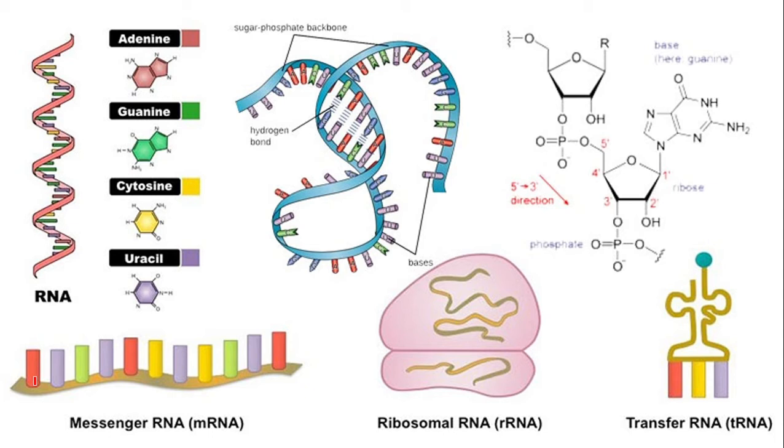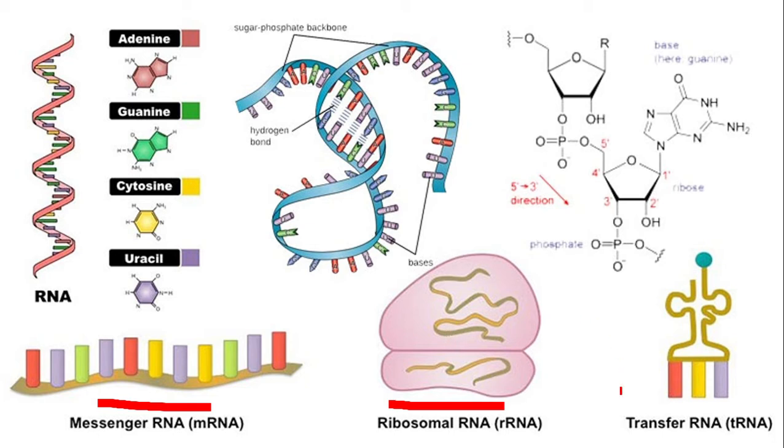RNA molecules are of three types. Messenger RNA, which is carrying the genetic code actually. Ribosomal RNA, which along with the proteins forms the ribosomes. What you see here is the ribosome. This is the smaller subunit of the ribosome. This is the large subunit of the ribosome. Each subunit consists of ribosomal RNA and proteins. Actually, the ribosome is the scaffold, the factory where the amino acids are organized to form the polypeptide chain.